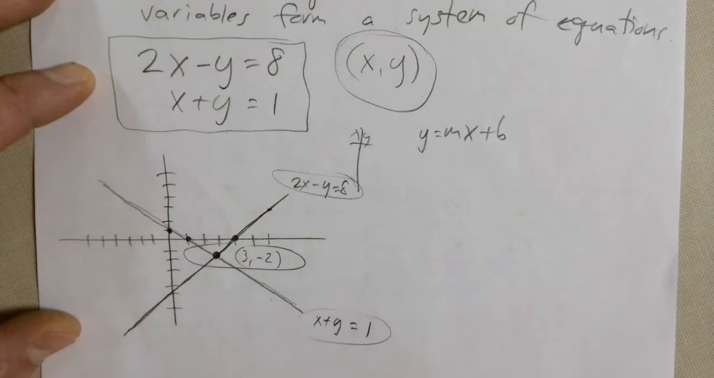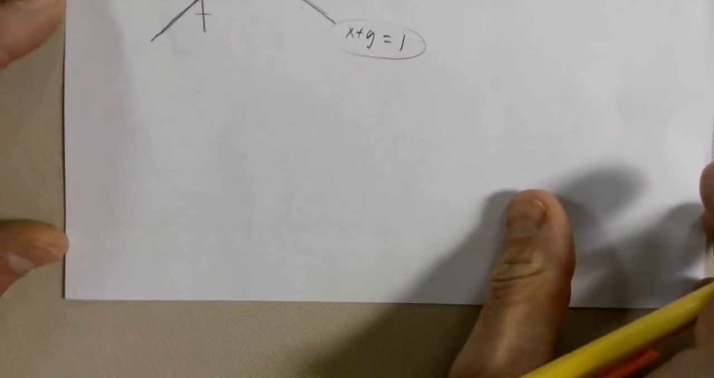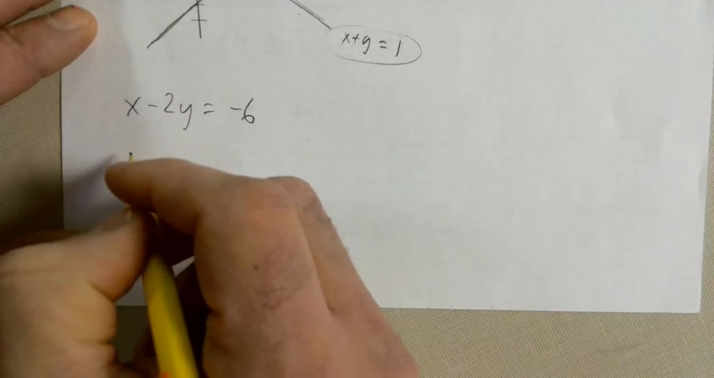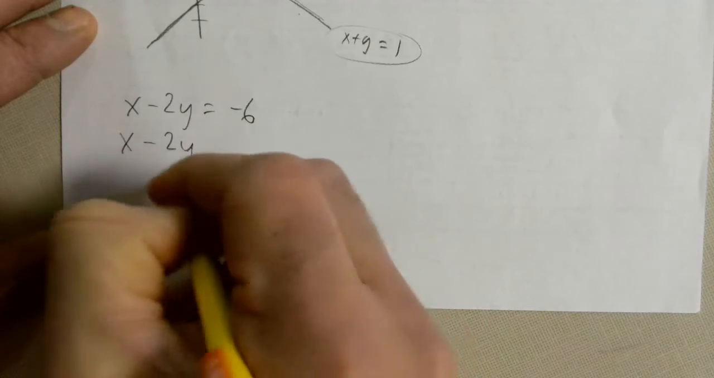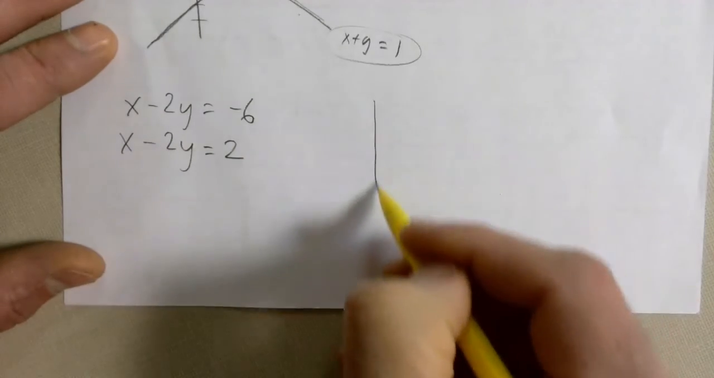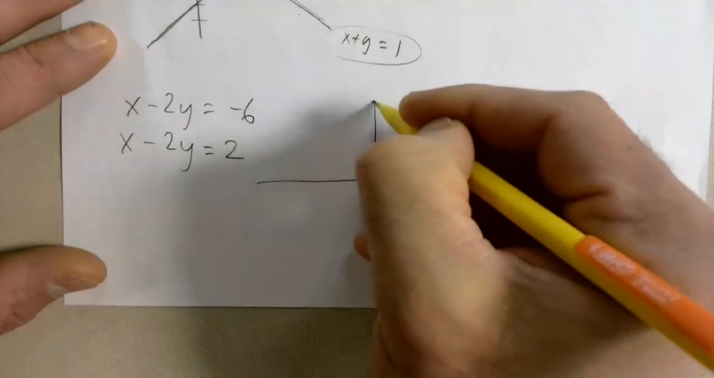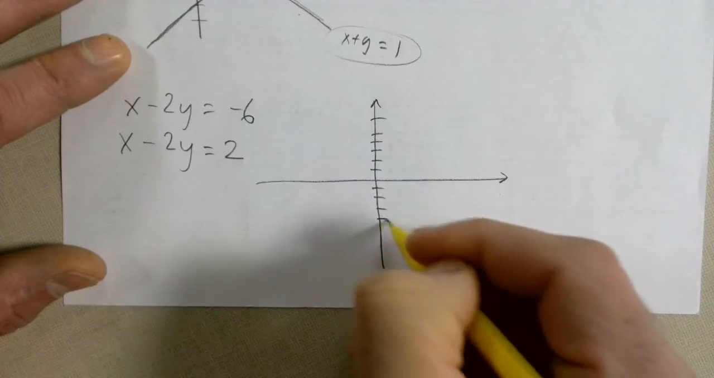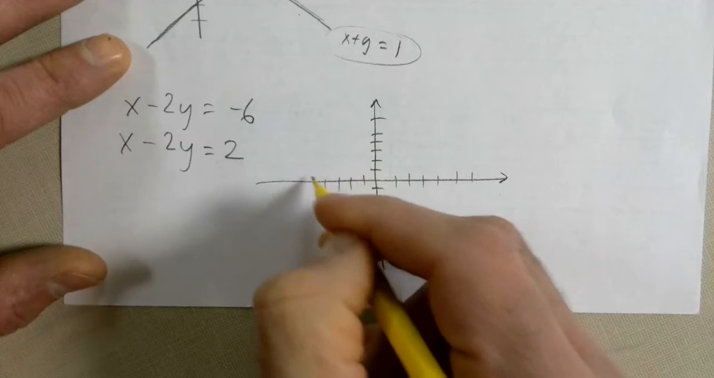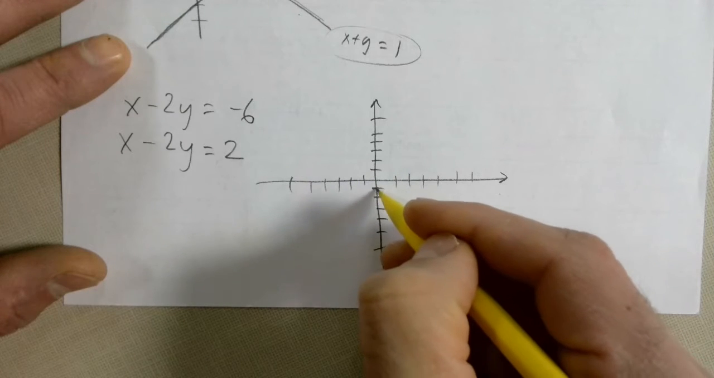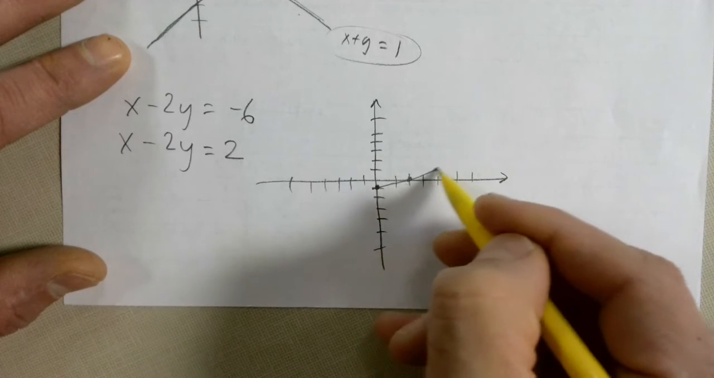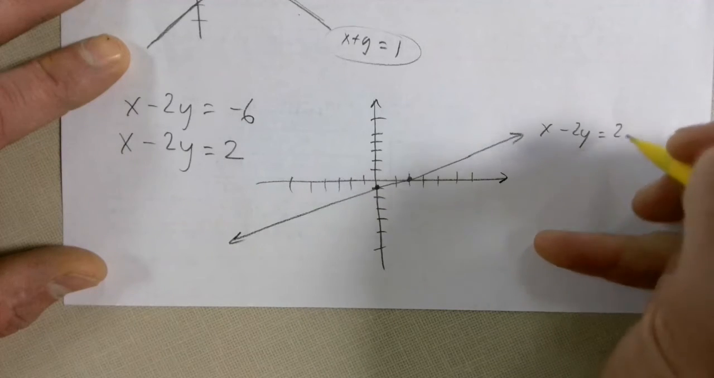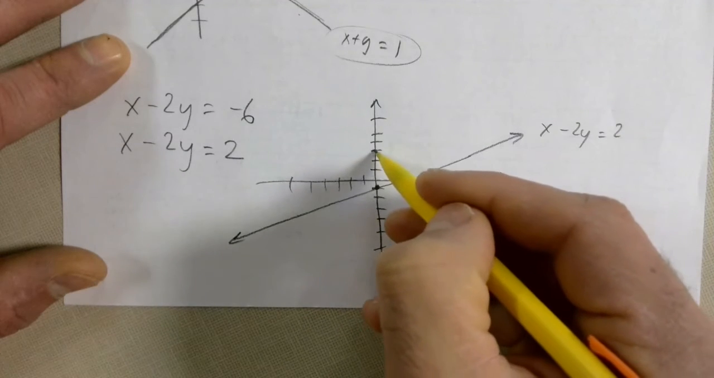Where do they cross? Let's do another one. Here's the system of equations we're going to solve by graphing. X minus 2y equals negative 6. X minus 2y equals 2. We're going to graph them on the same axes. Y-axis, x-axis. 1, 2, 3, 4, 5, 6. Okay, now this one is going to cross right here and right here. You've got to draw so carefully. You may even want to use a ruler. Right here